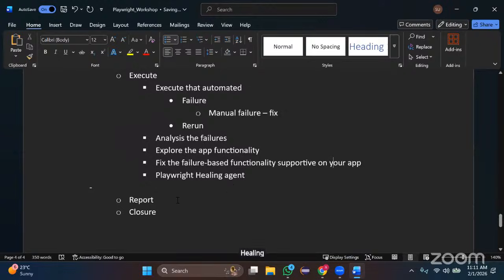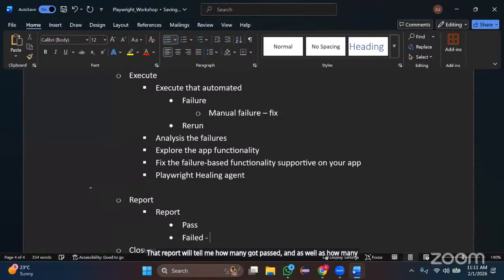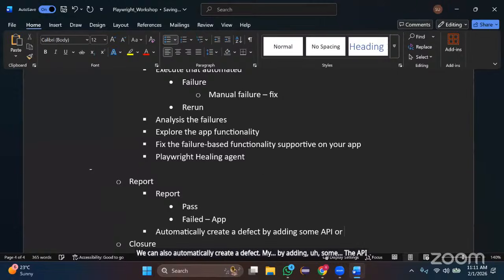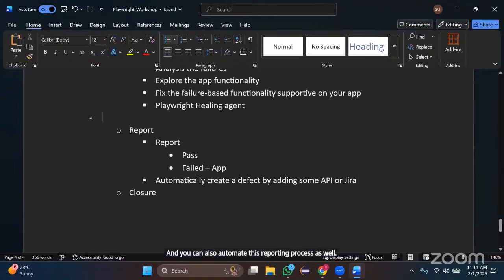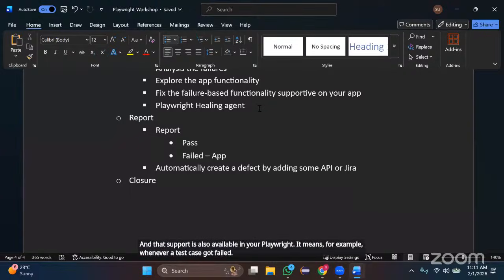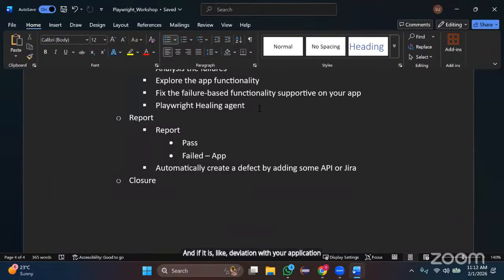healing agent. Here we can also add something: once I have generated a report, that report will tell me how many passed and how many failed. Whenever you see a failure, it means there is some deviation in your application. We can also automatically create a defect by using APIs of a test management tool like Jira, and you can automate this reporting process as well. That support is also available in Playwright. For example, whenever a test case fails and it is a deviation with your application functionality,